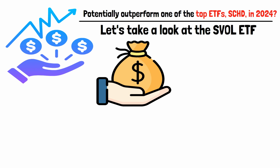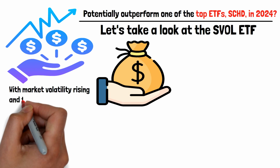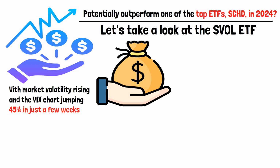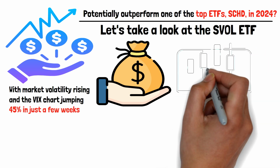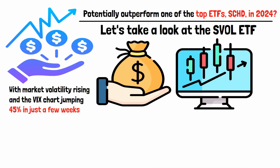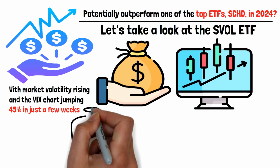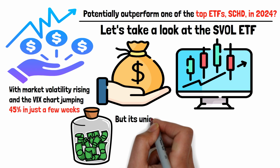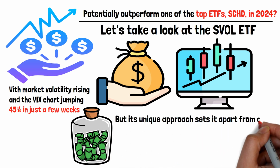With market volatility rising and the VIX chart jumping 45% in just a few weeks, SVOL's strategy of selling options on volatility futures is more compelling than ever. Not only does it offer a hefty dividend yield, but its unique approach sets it apart from other high-income ETFs